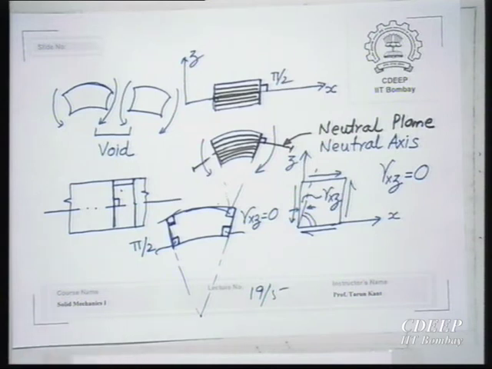Initially, this is a concept that not many people understand, and it comes only after a lot of repetitions, but you have to understand slowly. So, plane sections, transverse plane sections during deformation remain plane and 90 degree to the neutral axis. Is that clear? The meaning of that is that if it remains 90 degree, there is no shear strain, not stress. Shear strain.